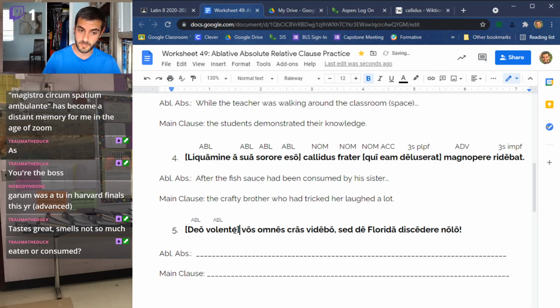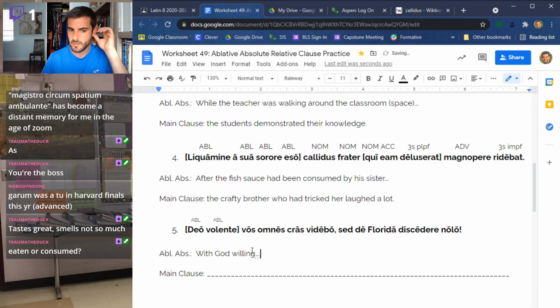The verb volo means to will or to want something to happen. So Deo Volente literally means with God willing. And people in English to this day, particularly folks of the older persuasion, will often say, oh yeah, I'll be there, God willing. Right? And it's just this idea of, it's like saying, if the fates allow. Yeah, God willing, I'll see you next year. Hope to, shouldn't be any reason not to, but, you know, I leave it up to whoever's upstairs. With God willing,